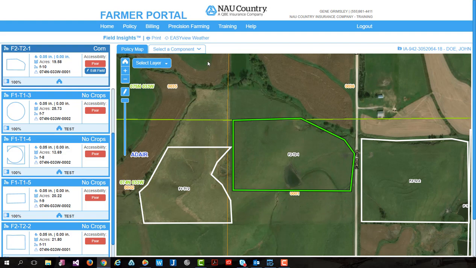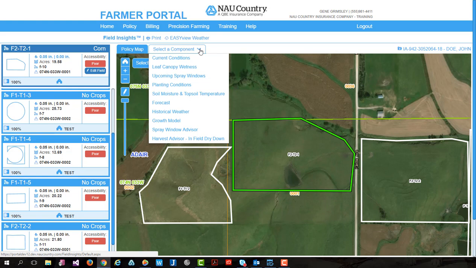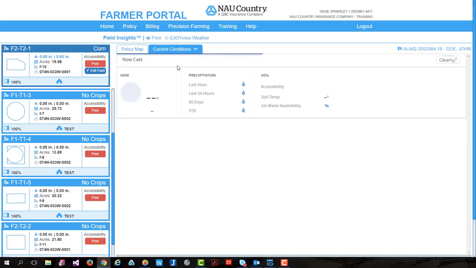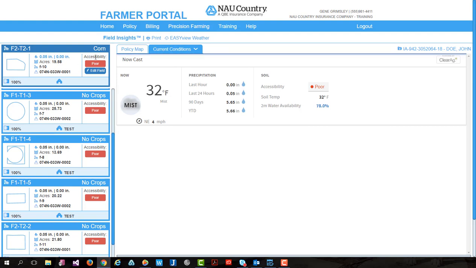With that field selected, we'll navigate over to our Select a Component drop-down menu where we can see a list of all of our components. In today's video, we are going to look at the first three: the current conditions, leaf canopy wetness, and the upcoming spray windows. The current conditions provides you with the general information for this field in regards to the precipitation